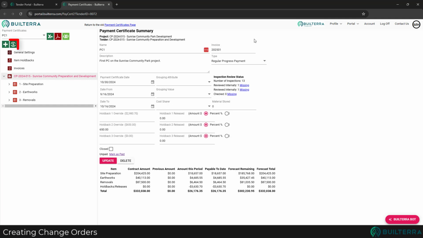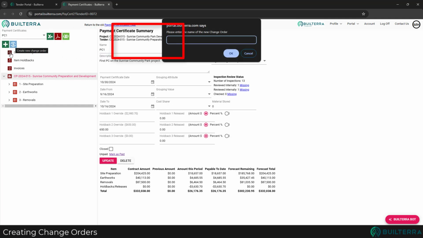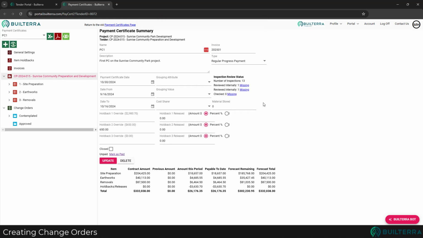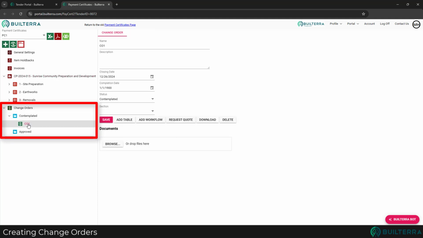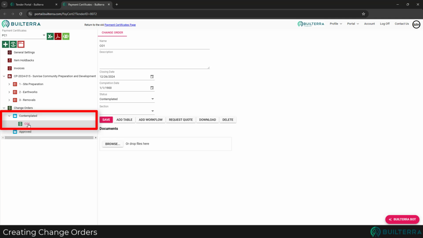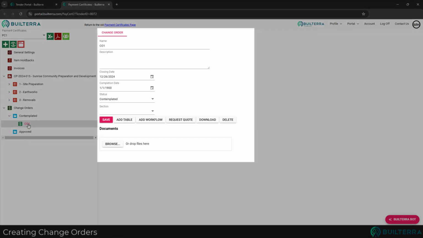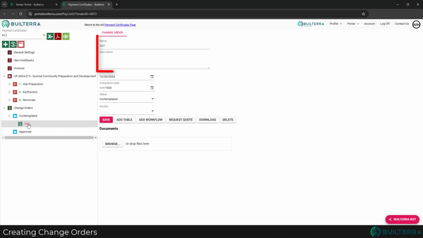To create a new change order, use the green $ sign button, and type a name in the dialog box. This will add a new change order folder structure to the bottom of your page, with the new change order beneath the contemplated group. By selecting it, we can access fields related to the change order, such as name and